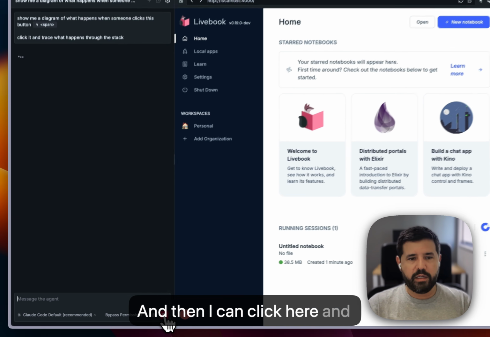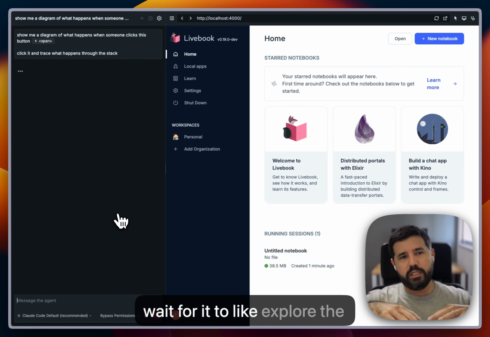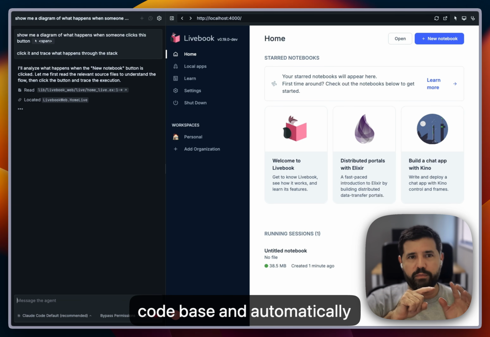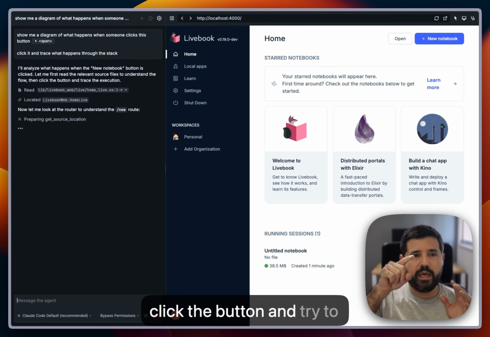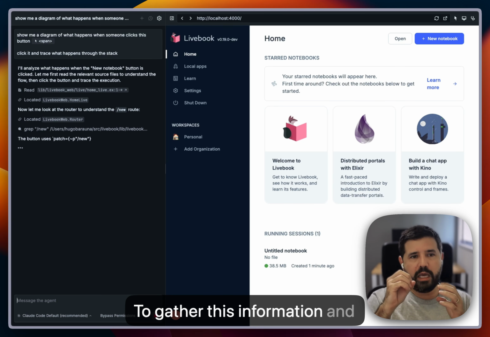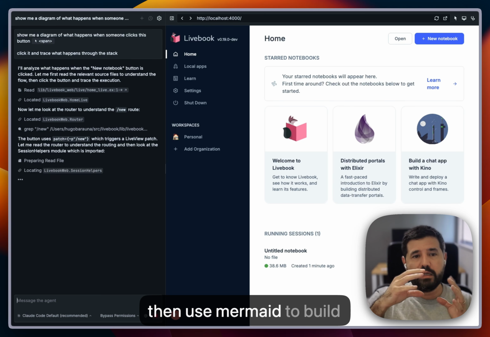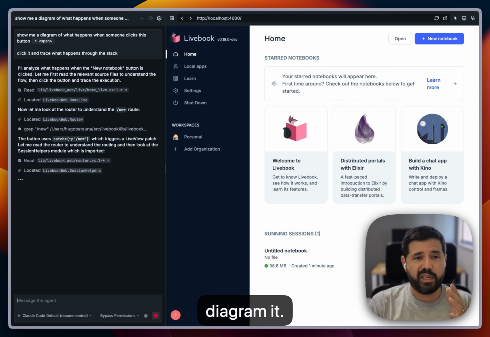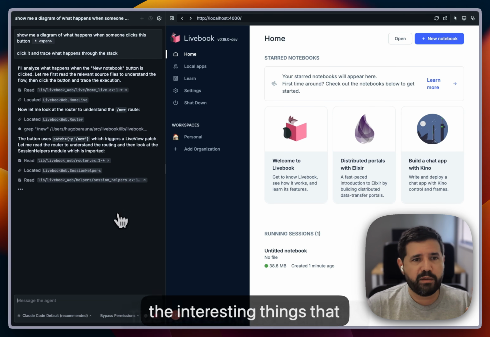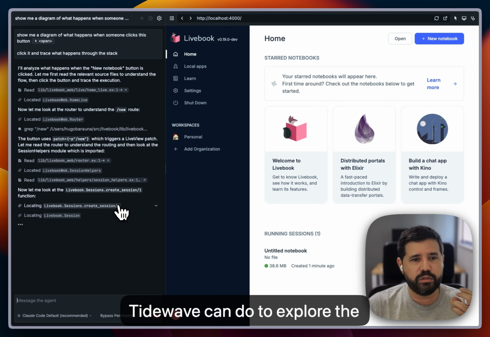Then we can click here and wait for it to explore the code base, automatically click the button, and try to understand what is happening to gather this information, and then use Mermaid to build a diagram of it. Let's take a look at some of the interesting things that Tidewave can do to explore the